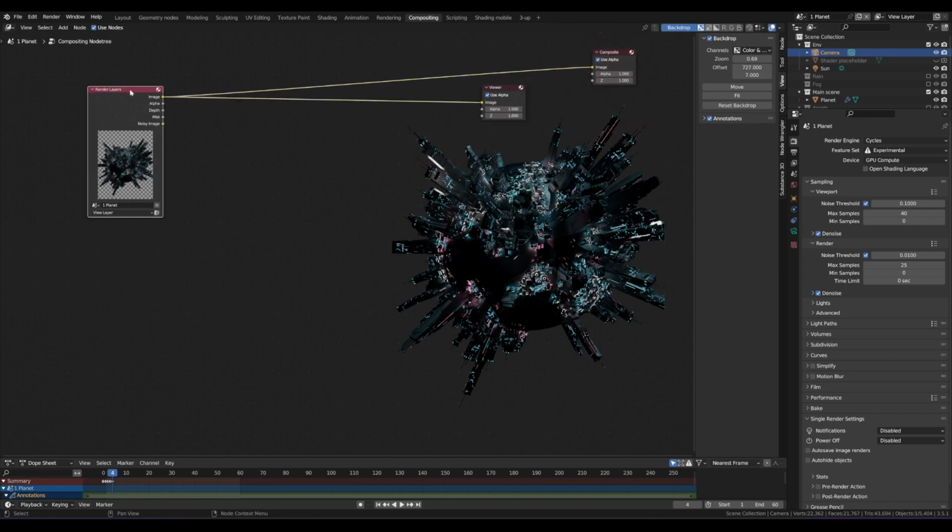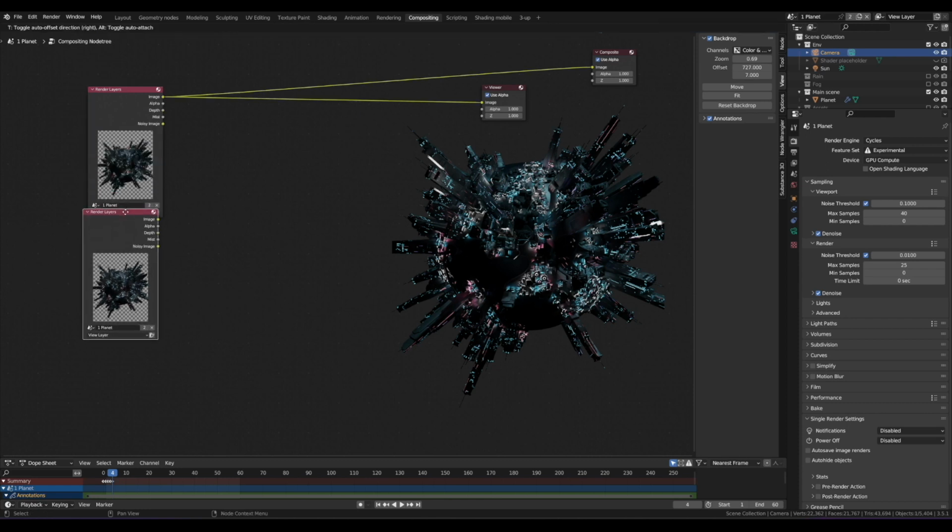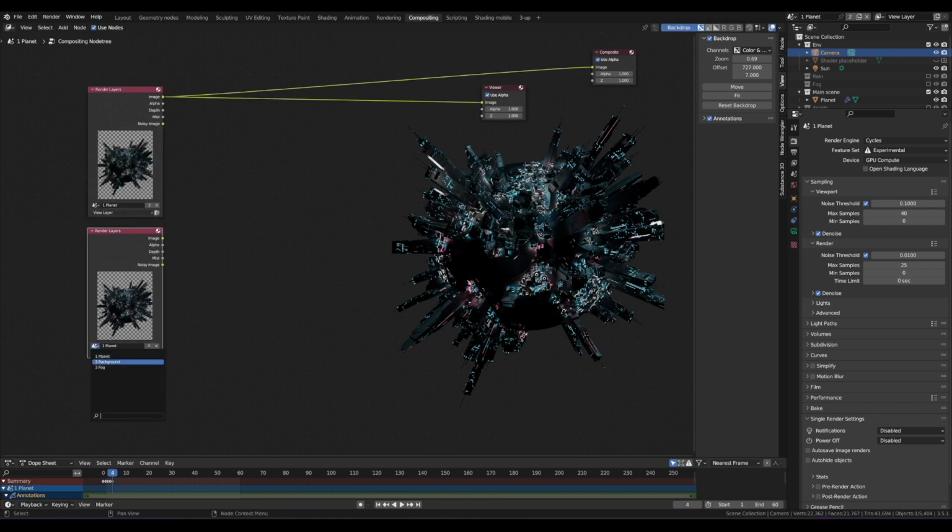We can duplicate this render layers with Shift D. Let's bring that one down, and let's change this to background. And we can preview that. And we're not going to see anything yet because we haven't technically rendered that as of yet. Any scenes that we specify in other render layers nodes, once we do that and we render another image, it's going to notice that, hey, you're asking for this scene, so let's render it. So if we do another F12 and render,